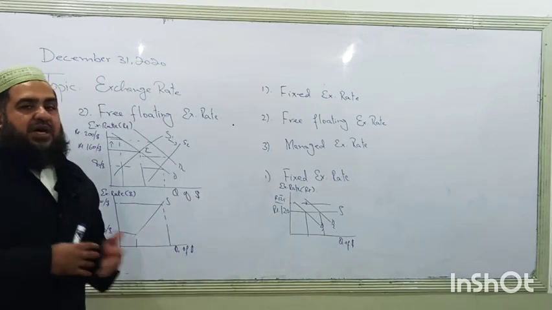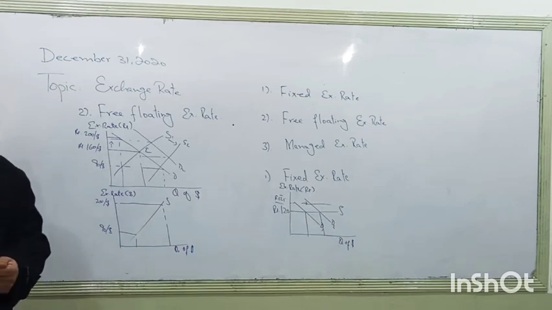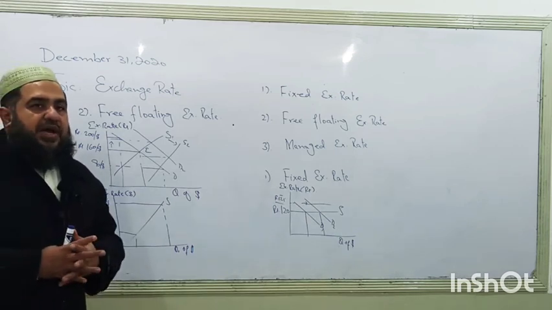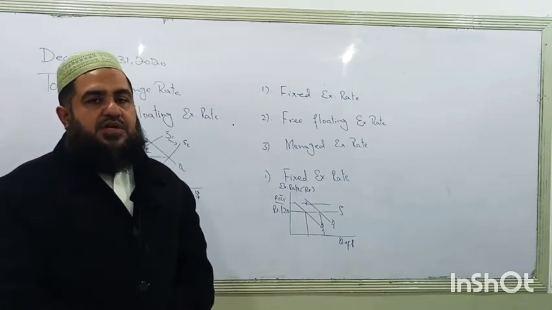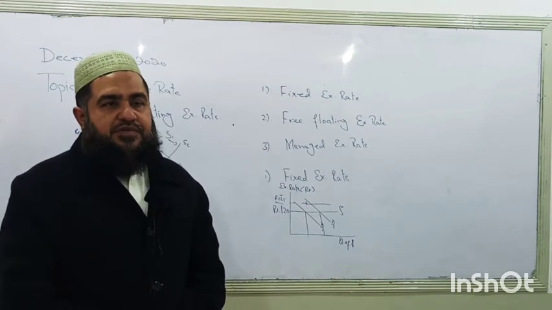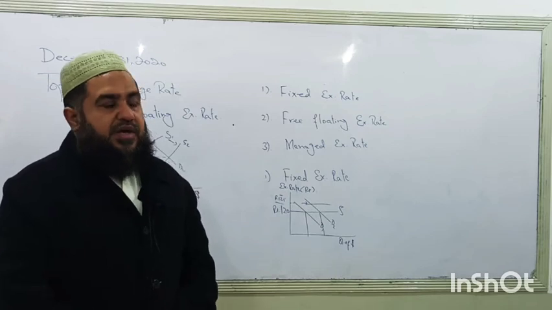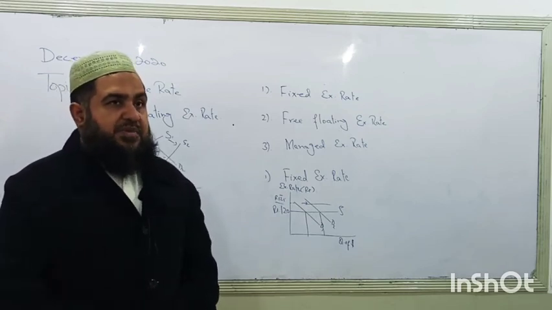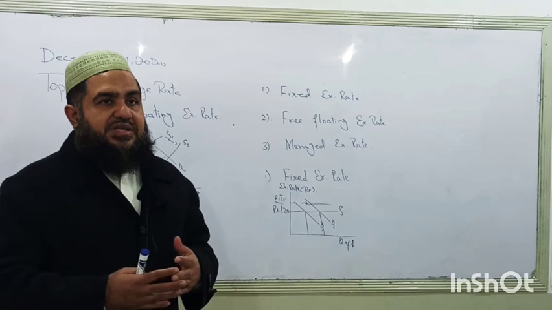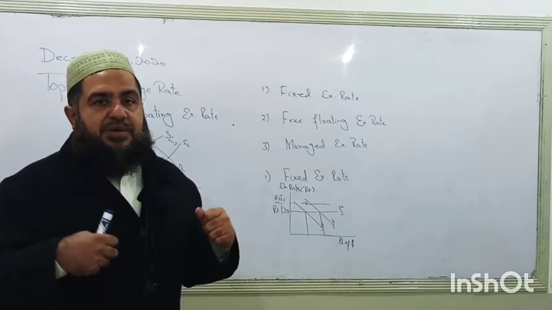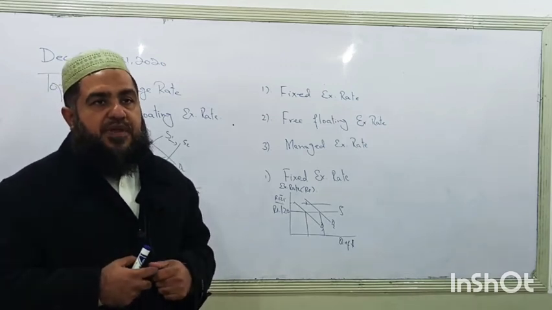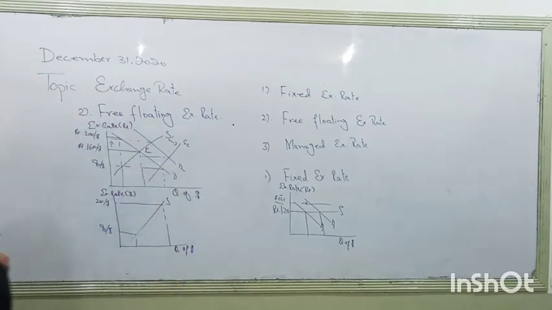Bilateral means rupees are exchanged with dollars. If our currency is depreciating, the dollar will be appreciating. They need to pay fewer dollars for our goods which are exported to them. So a bilateral exchange rate means when two countries' currencies are having a bilateral exchange, if one currency is depreciating, the other is appreciating, and vice versa. So this is also called a bilateral exchange rate, which is going to have no government intervention.